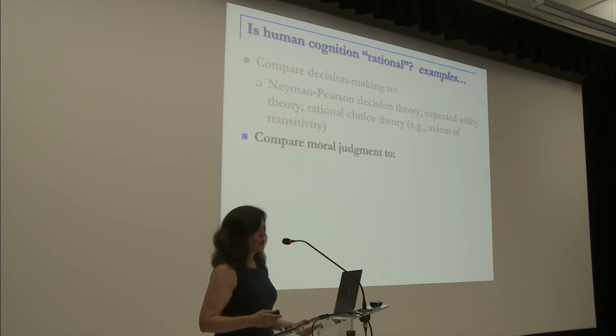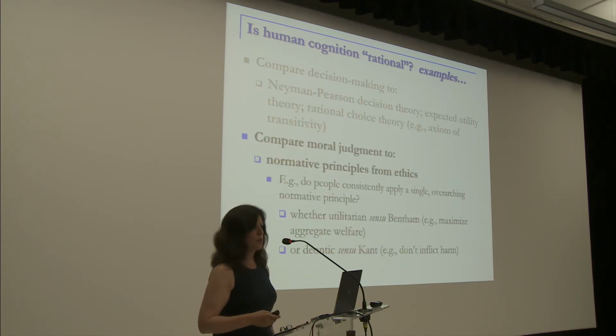You can compare moral judgment to normative principles from ethics. Usually people ask, do people consistently apply a single overarching normative principle? And then what counts as an error in reasoning in this way of looking at things? In this research tradition, reasoning errors were defined as having occurred whenever human judgment departs from what these particular normative